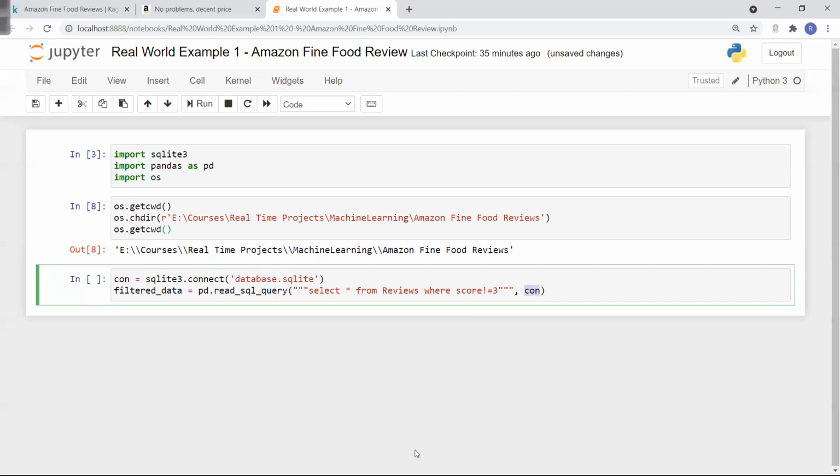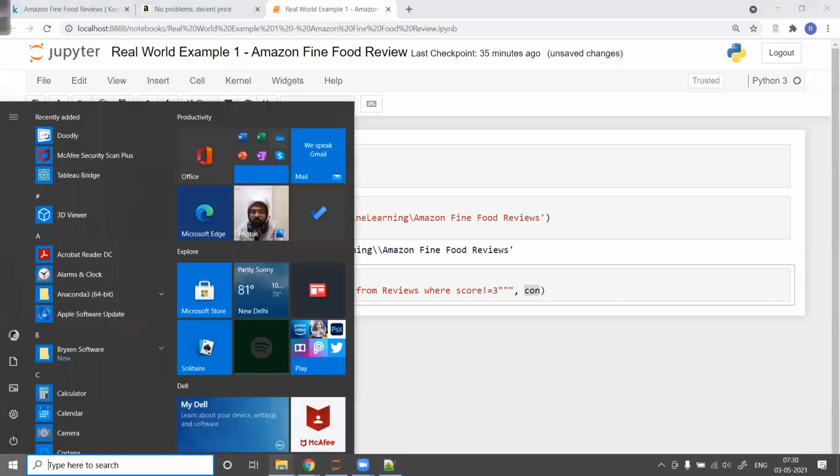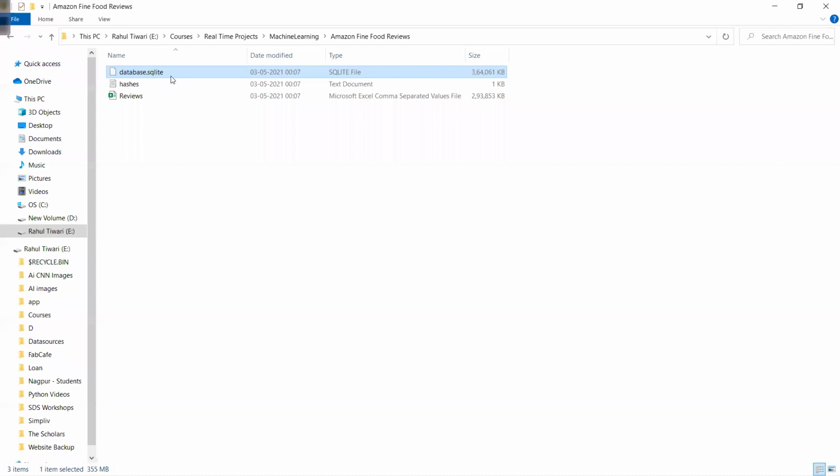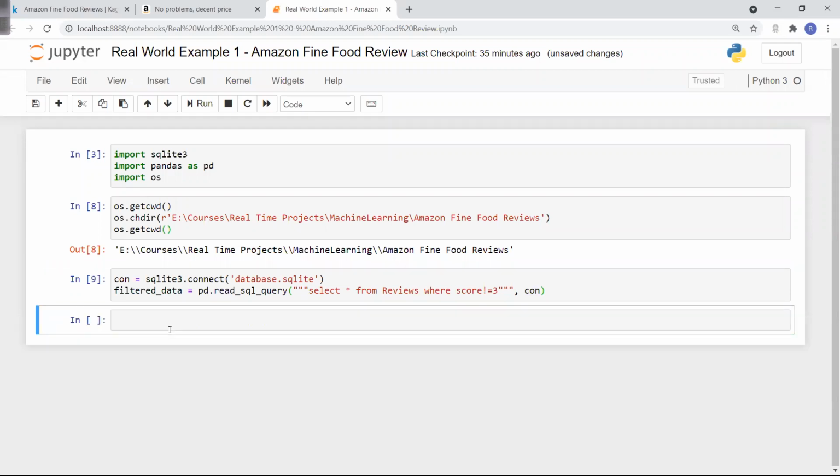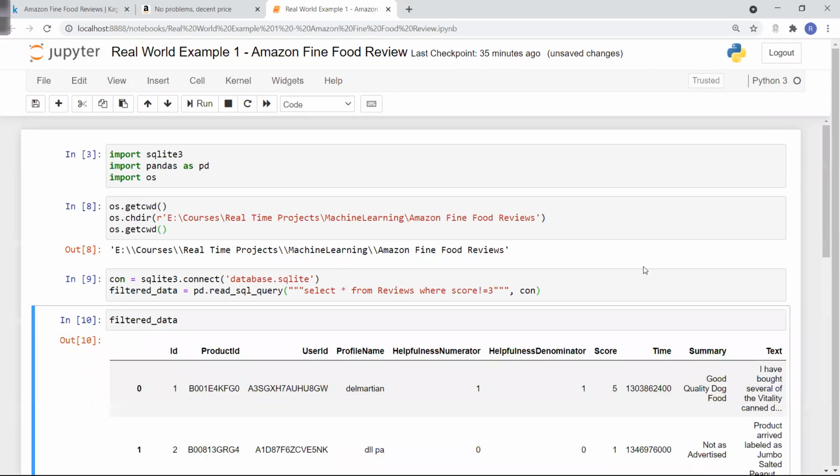Database.sqlite, which is the file. So from this particular data, I want to read select star from reviews where score is not equal to 3. Now when I execute this, it will take some time. And now when I check my filtered data, you can see that my data is with me now.